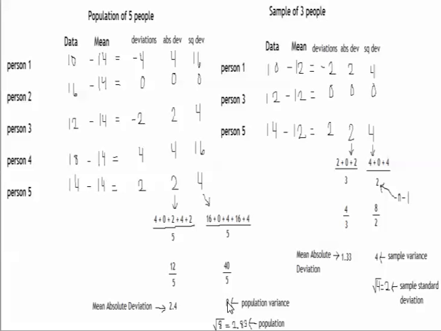If you take the square root of the variance, it becomes a standard deviation. So this would be the population variance. This would be the population standard deviation, the square root of 8. So standard deviation is just one step further from the variance. If you want the variance and standard deviation of the sample,